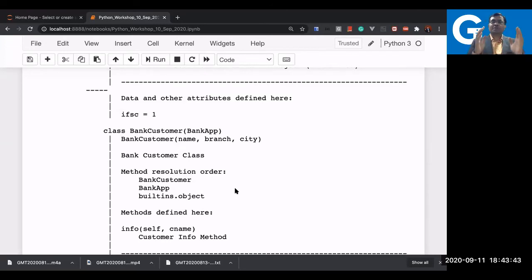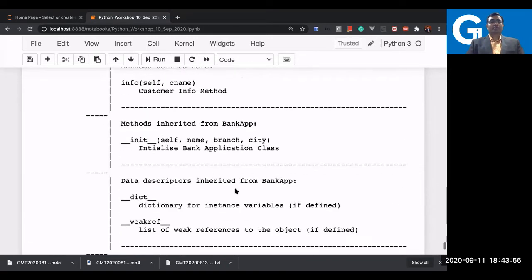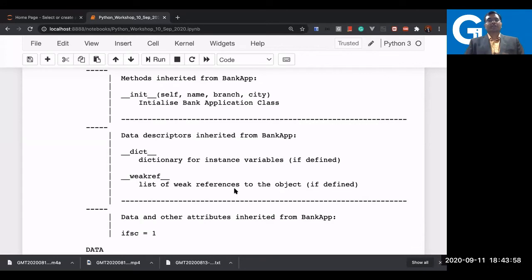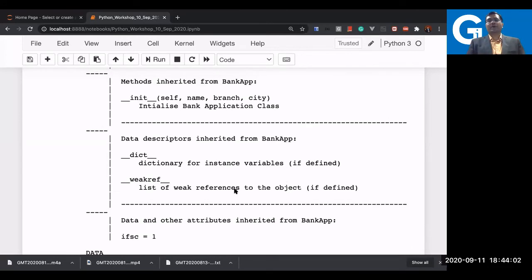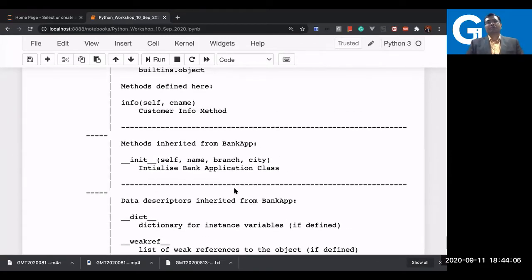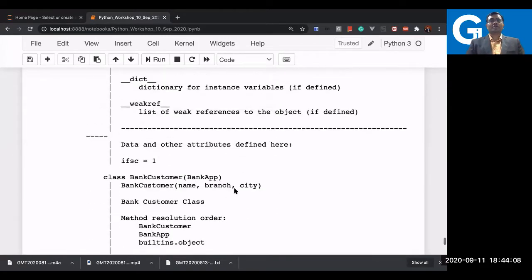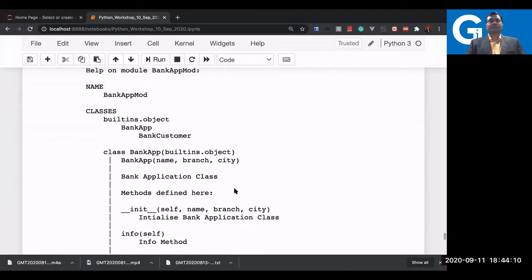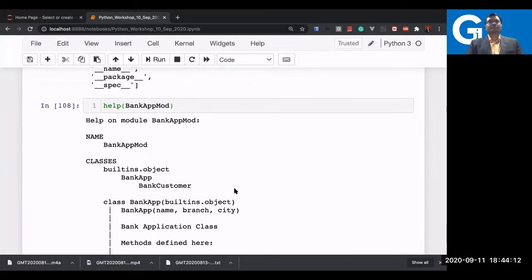So let me know, whichever class you write here, all these classes are inherited from the super parent class, or you can say super class, and that is the object class itself. And that's why you have some other attributes also, like double underscore dict, double underscore weak reference. All these are already there. They are already defined. And that's why in the Python case, even the class is considered as an object. I hope it is clear how it is working now and how the document is created.